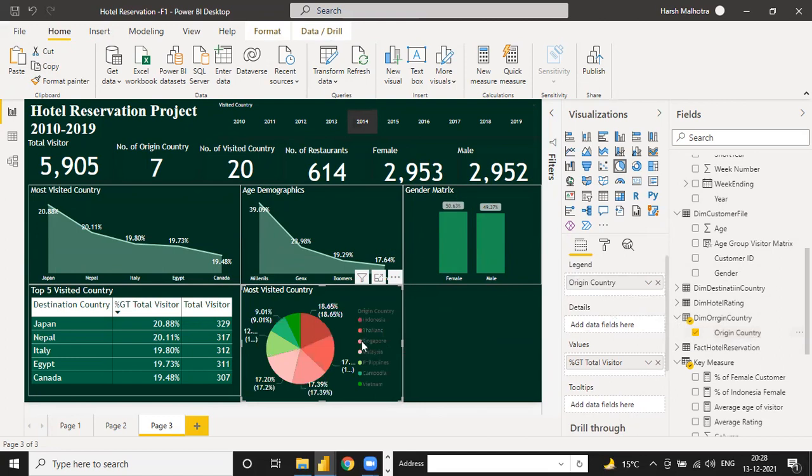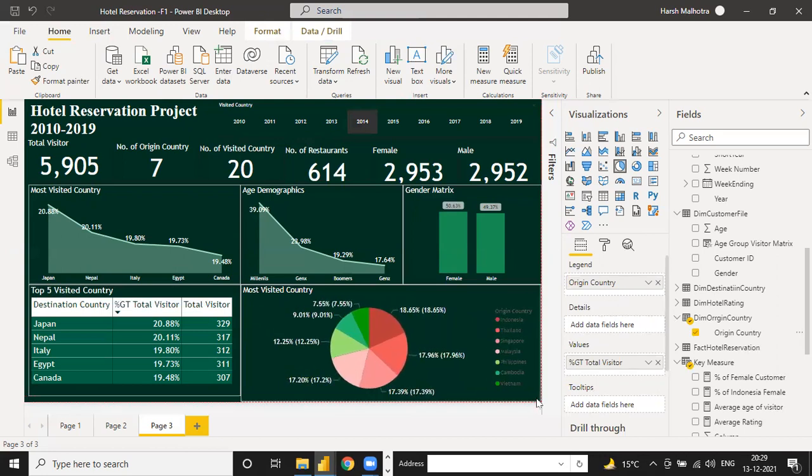So in total we have 1, 2, 3, 4, 5, 6, 7 origin countries, like this.